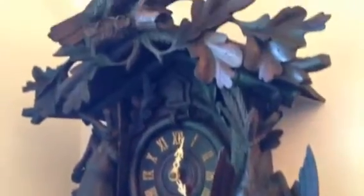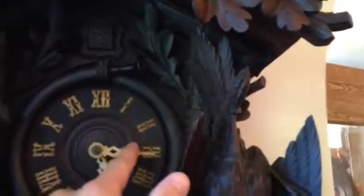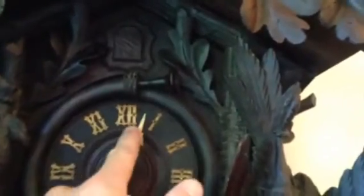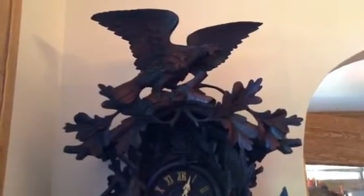The clock was made about 1900. It has a cast brass plate movement. It was recently just serviced. See, it's keeping excellent time. We'll set it off here so you can see it in action. Clock has its original bone hands. Plumpwood cuckoo bird. And that eagle's just fantastic with that